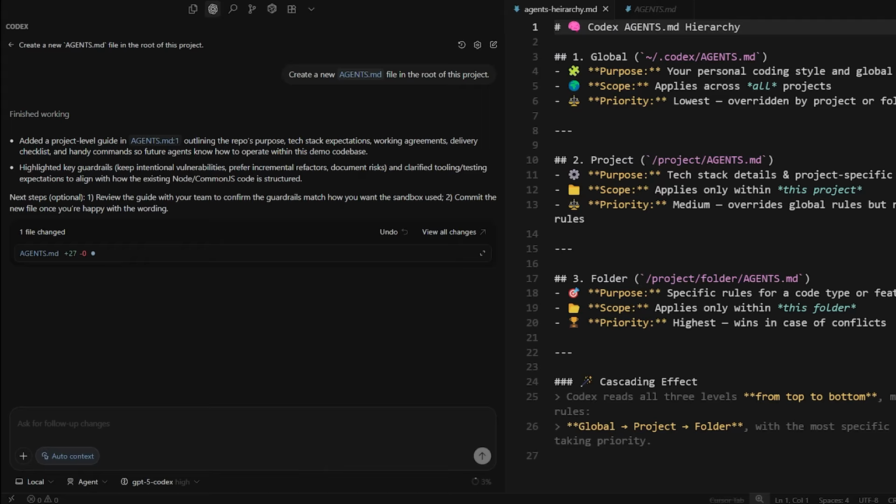In this case, we're going to actually give Codex the content that it needs to put inside that global level agents.md file. The reason why it can do it itself at project level is because it has access to this project directory. It can review all the files and make sense of it, and then provide the guidelines and conventions at the project level. But for the global level, we need to be specific about what conventions we want to apply to all projects. Because it's global, every single project we work on is going to access this global agents.md file. So it's up to us to provide the conventions and guidelines that we want to be applied at that